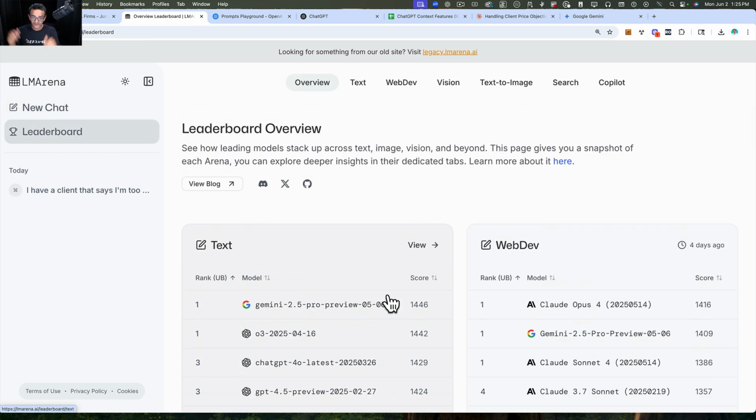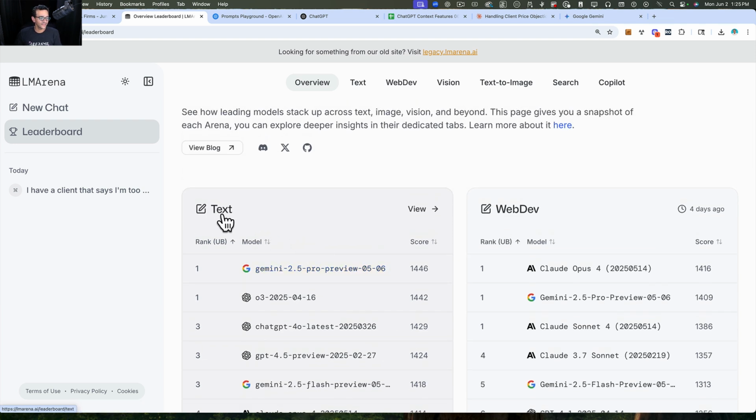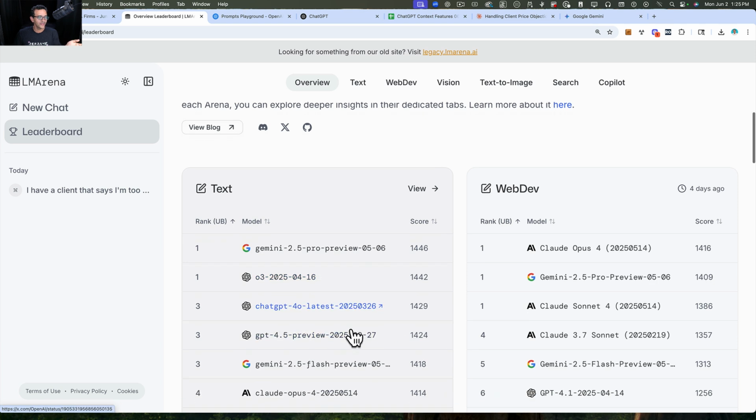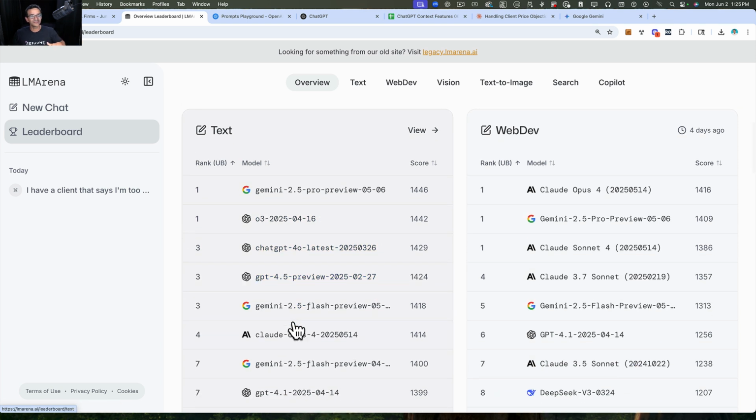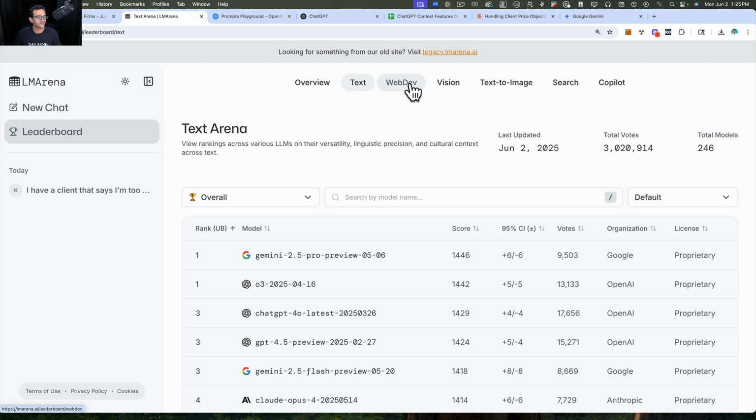According to today, and we're just recording this in June 2025, the top model for text is Gemini 2.5, right? And literally, like 2 weeks ago, it was ChatGPT o3, and then ChatGPT 4.0, and ChatGPT 4.5. So the best way I feel that you can keep track and not go absolutely insane about all the different things that are out there is to take a look at websites like this. And what's really cool is they also break them down. So which one's best for text, or which one's best for